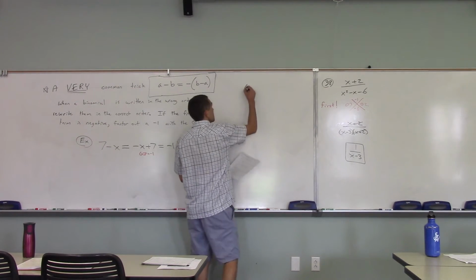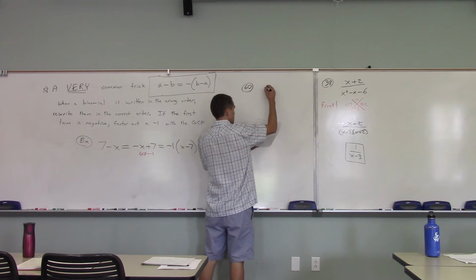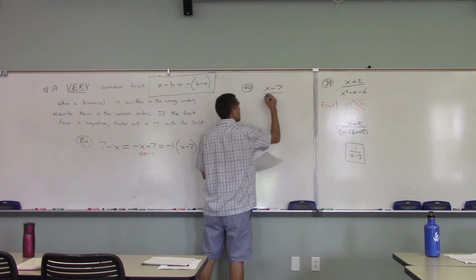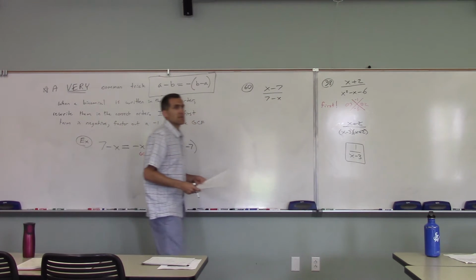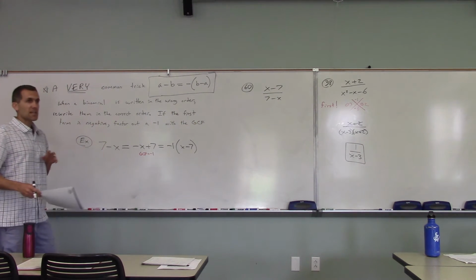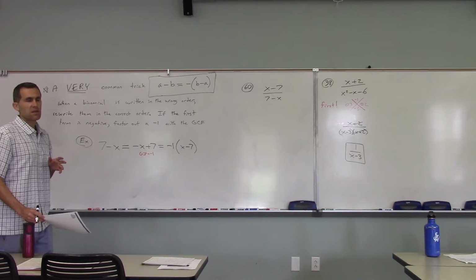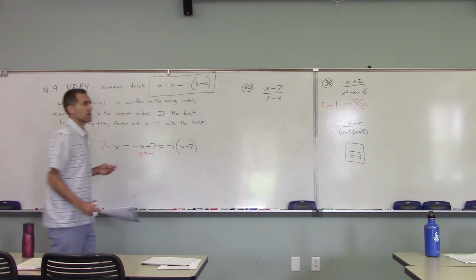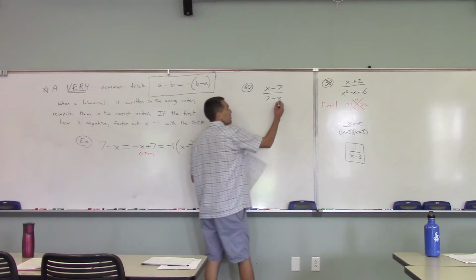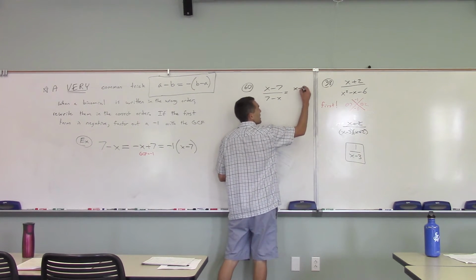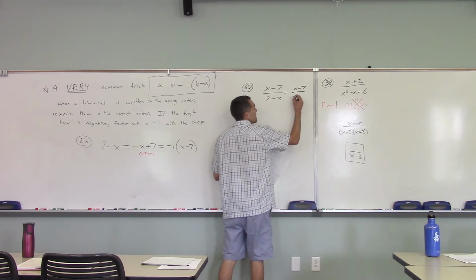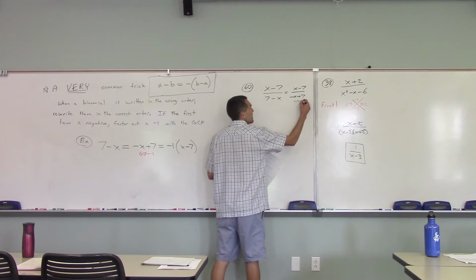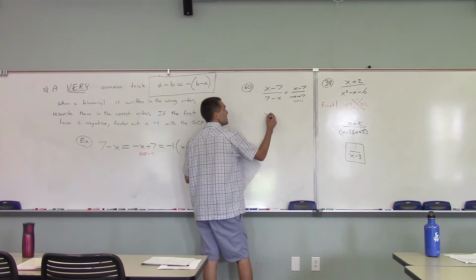Okay, here's number 60. Number 60 is x minus 7 over 7 minus x. Okay, as is, looking at it, they look similar, okay, but they're not exactly the same, so we can't cancel. Okay, so first we would have to rewrite this bottom. We'd say, okay, well that's x minus 7 over negative x plus 7. And then we'd say the GCF of this bottom one is negative 1. And we would say this is the same as